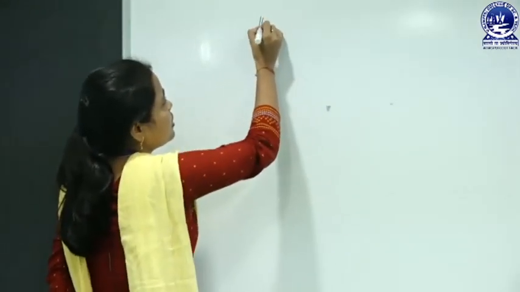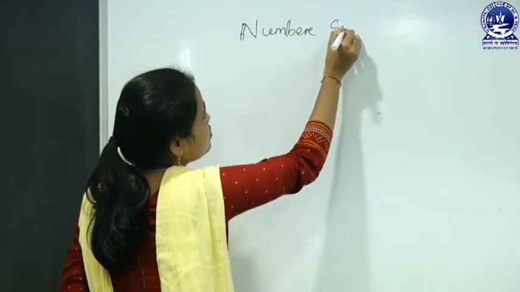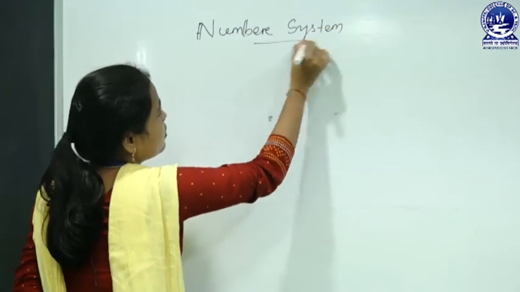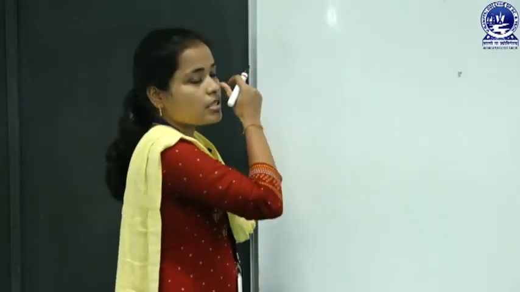In previous lectures, we have discussed different functional units and the connection between processor and memory. In this lecture, we will discuss the number systems used in a computer system. That means the number system is used to represent a single number which we give as an input to a computer system, and the computer system converts that number into different forms. And it is also important for many competitive exams. So, let us discuss these number systems.